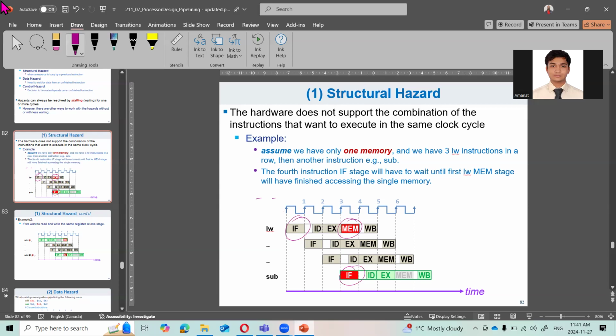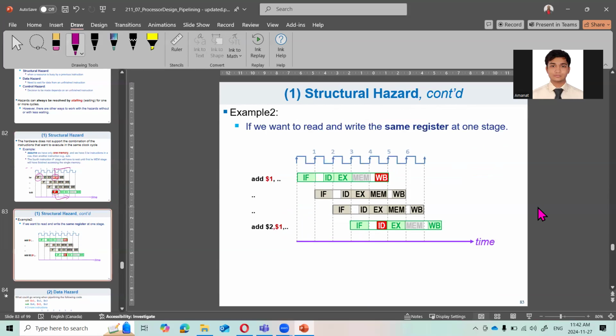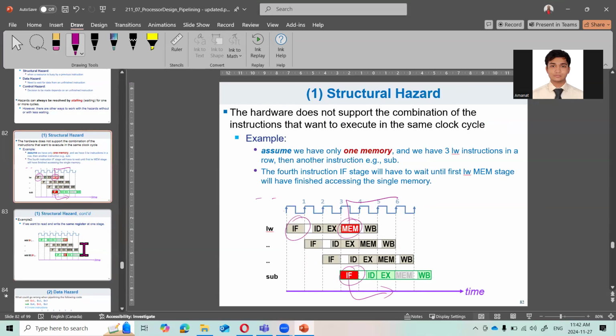How do we solve it? So the solution is we need to have hardware that can have multiple access, right? So if you can ensure that there are two access points, one access point for memory operation and one access point for fetching the next instruction, then we won't have a structural hazard. So we have solved the structural hazard. Just put in more hardware, it's done. Okay. We can have another structural hazard. So there are two structural hazards. One, what you saw, is use of memory, and another one is,